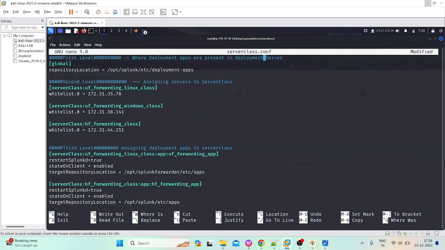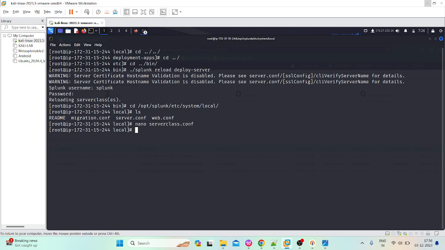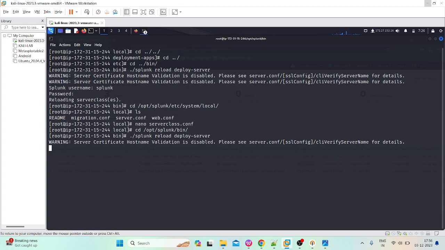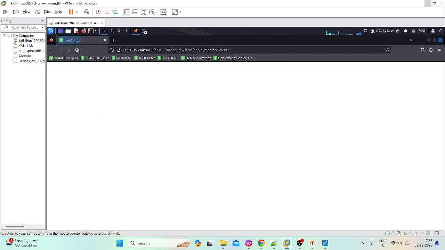Just verify everything. Once that is done, as I already said, any changes in the deployment server, you need to just reload the deployment server. Okay, /opt/splunk/bin, now ./splunk reload deploy-server. It's done now. So let me get back to the console. Now you see, there are 0 server classes. If I reload now,